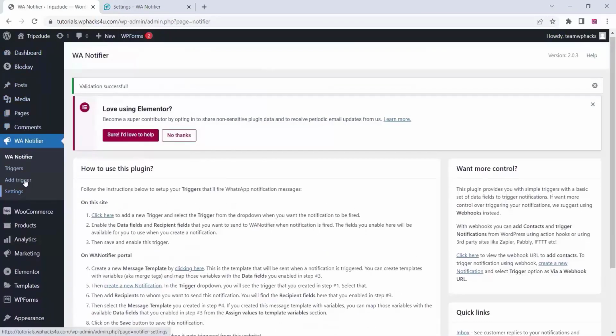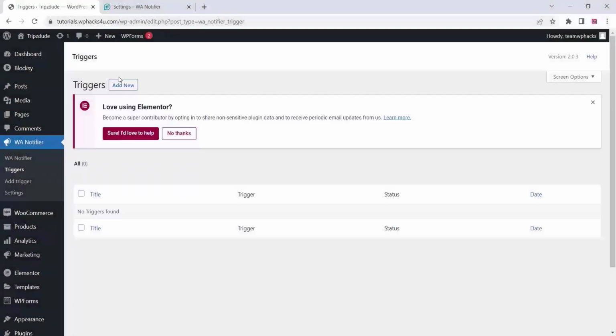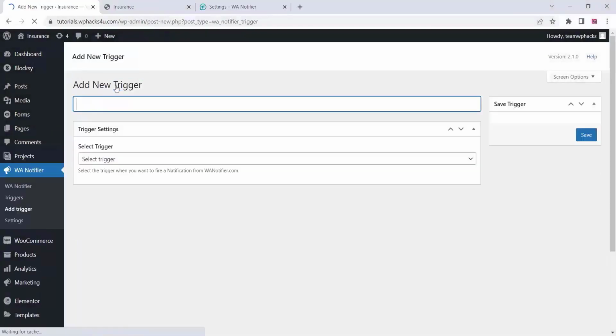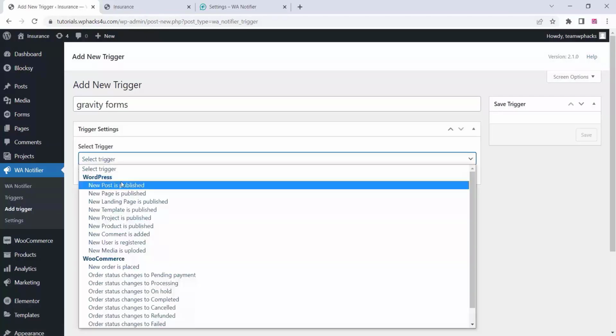Once you are done that, just go to the triggers section and create a new trigger for Gravity Forms or WP Forms. Whatever forms you are using, you can create the trigger. You can add a trigger name here. If we are using Gravity Forms, just type Gravity Forms or whatever form name you can add there,